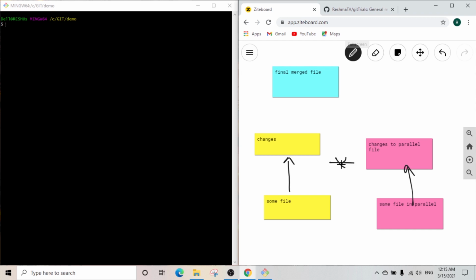It doesn't matter because there are two copies of the files now. On the occasion that you're happy with both the changes and you want to incorporate both of them onto one single branch, you can simply go ahead and merge those two branches. So that's how branching and merging helps in working on a project.